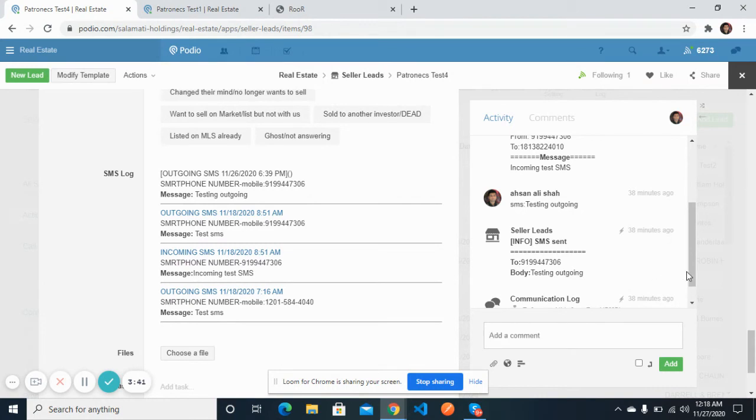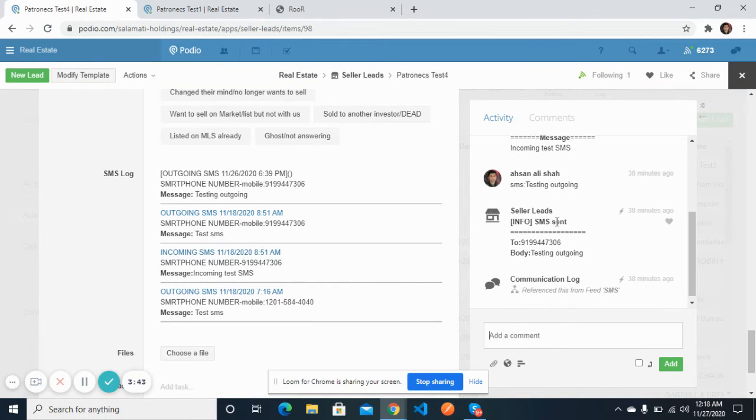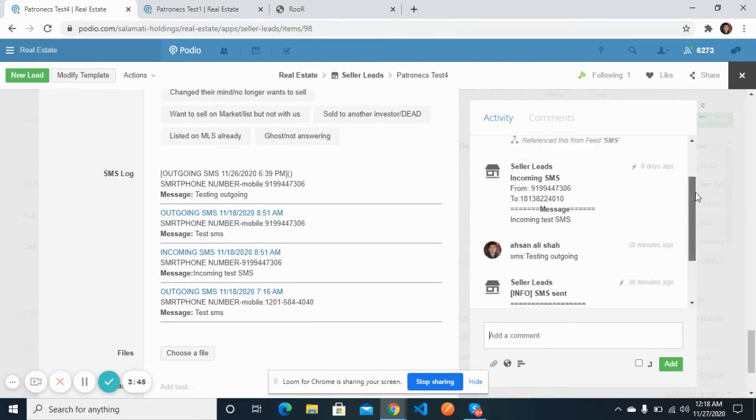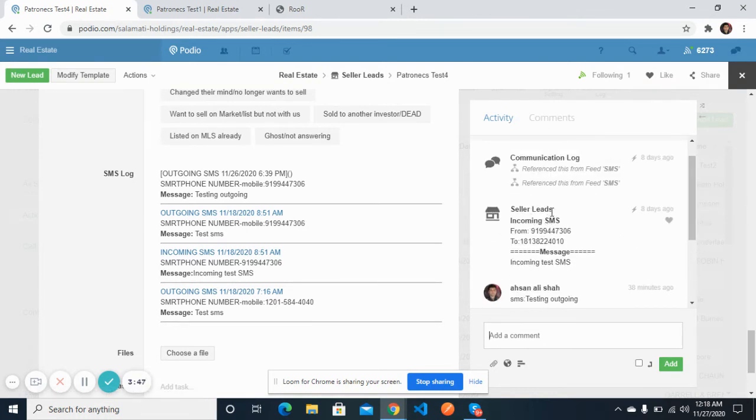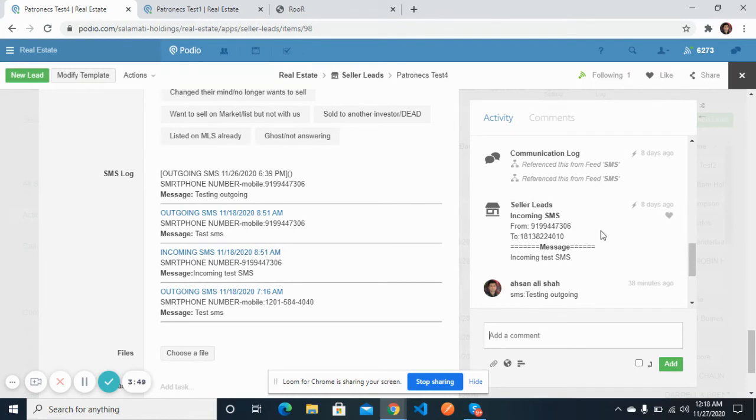This message will be sent to the lead and this will be the seller lead SMS sent. Whenever you receive an SMS, an incoming SMS will be printed over here. Also a log will be generated inside this SMS log section with outgoing SMS and incoming SMS.